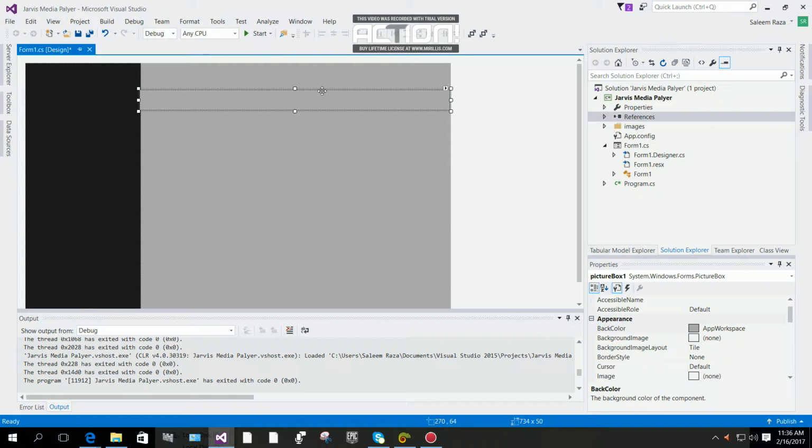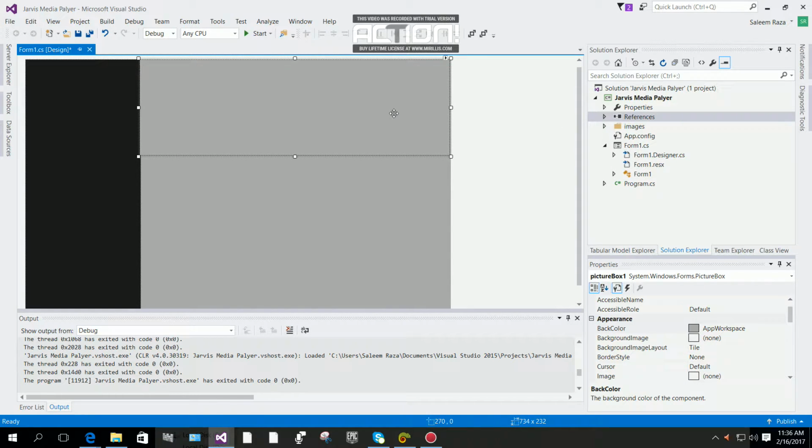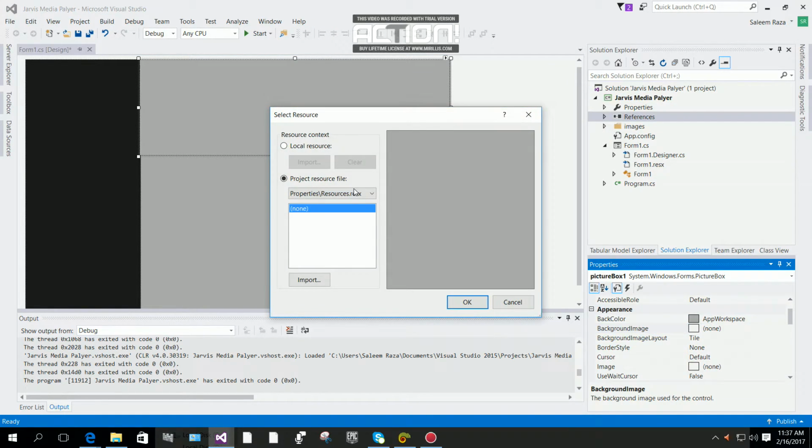Drag the picture box something like this. Okay, now we are going to add something like a picture over here. Now click on the picture and then go to background image in properties and click